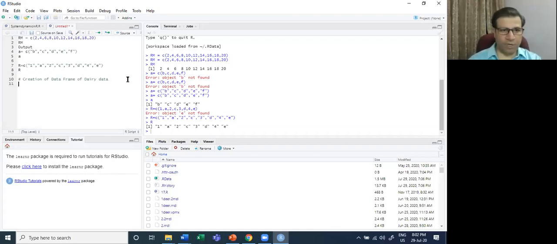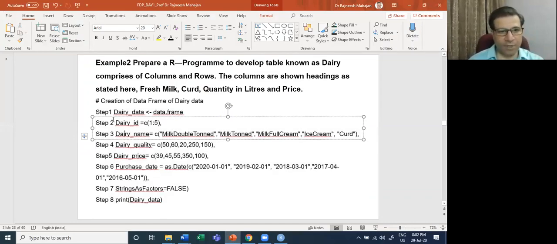So here I am starting code one. This is the first part which I am taking, and I started with the dairy ID like this. Let me take this code first.